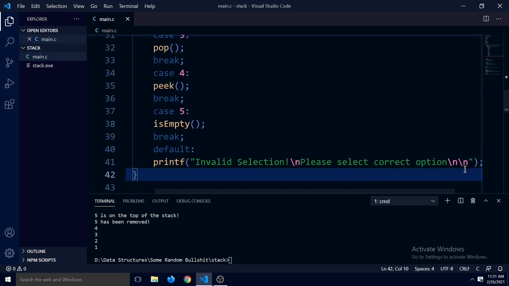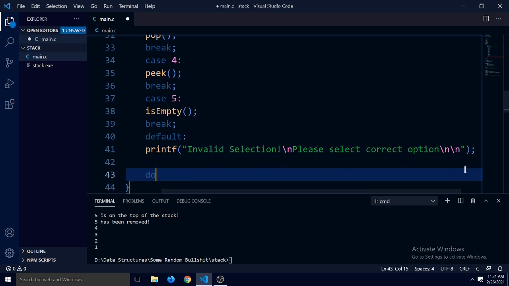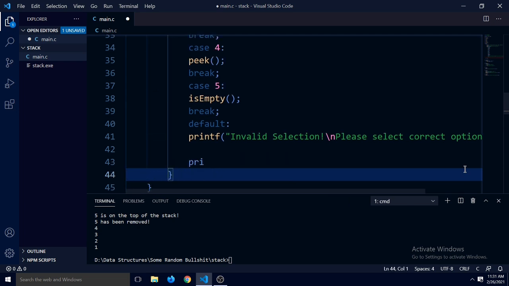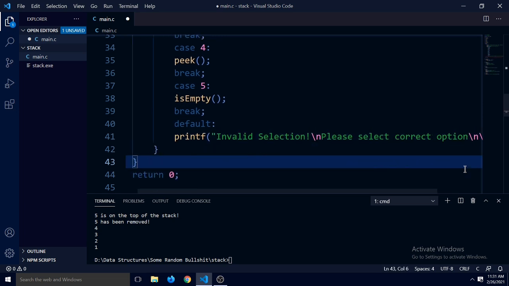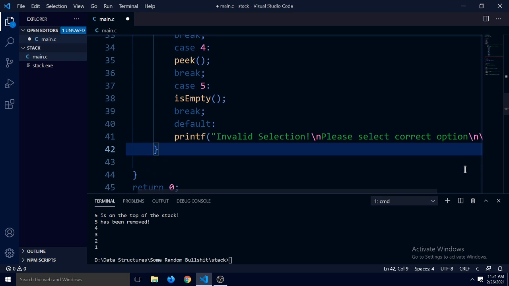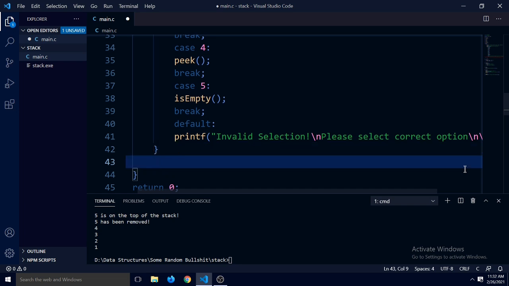Let me see one more thing. Oh yeah, we'll have to write a print statement, right? Do you want to continue? Wait a second, we are not going to do this inside of select, right? Yeah, we are not doing this within a select statement. Yeah, before while. So this is inside of do loop, outside of the select statement. So here we are going to ask printf, do you want to continue